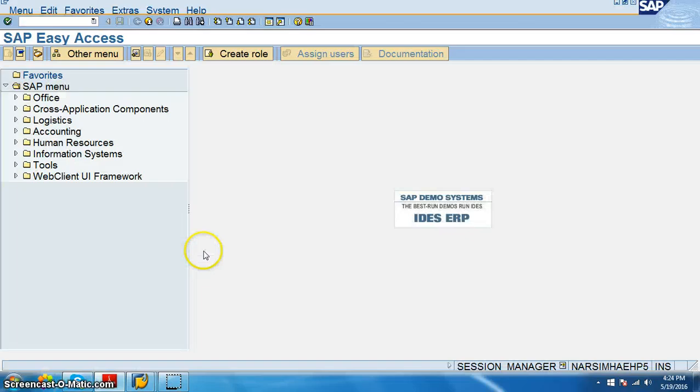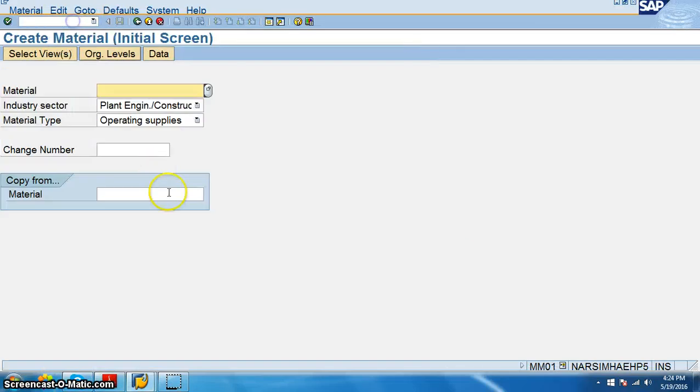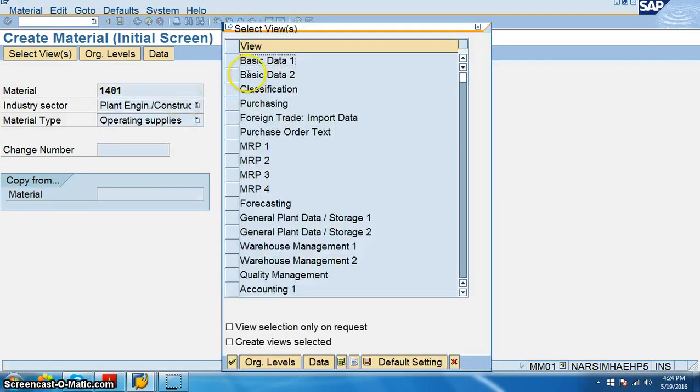Okay, MM01. Actually, I selected the material related things, so that's the reason 101. I'm creating one more material.